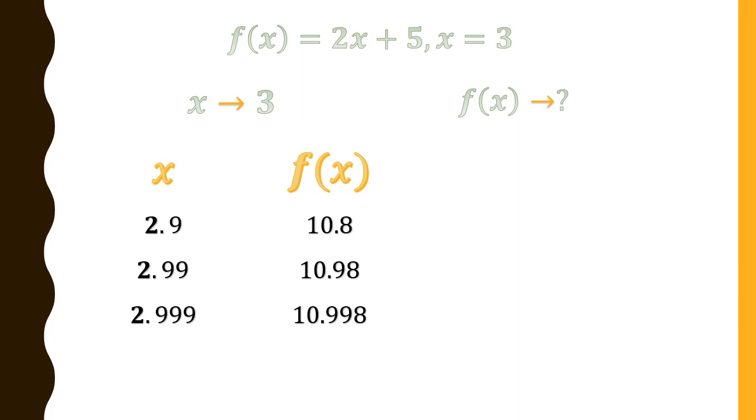So when I take x value near to 3, can you guess which value f(x) is going nearer and nearer to? Okay, just wait. Let us take another x and f(x). This time I am taking a greater value than 3. Let's take 3.1. Okay. When I put 3.1 into the equation 2x plus 5, I will get 11.2.